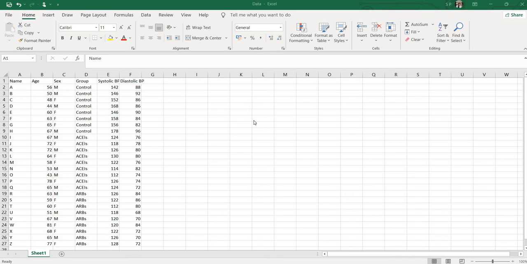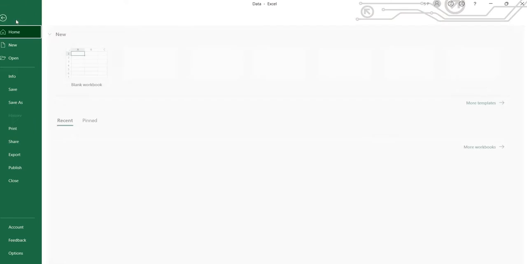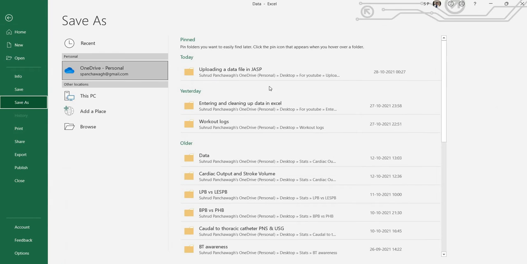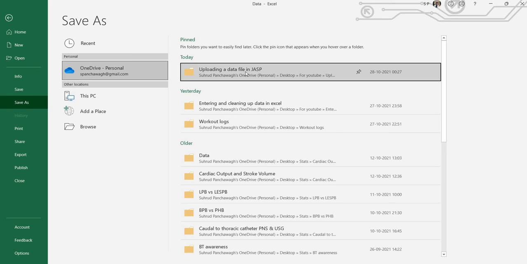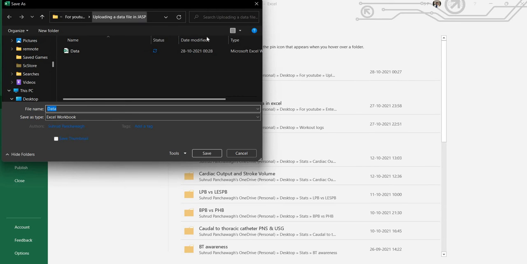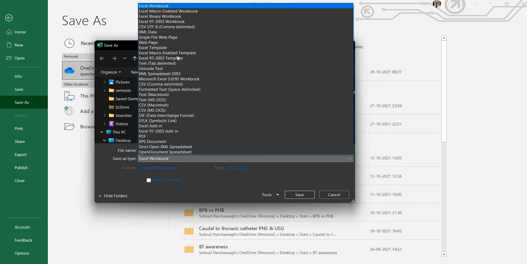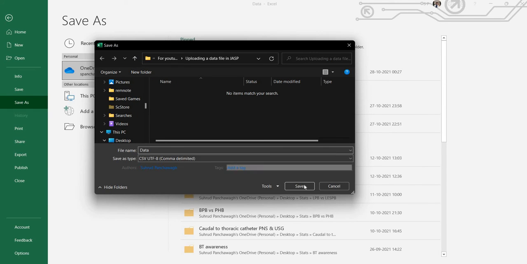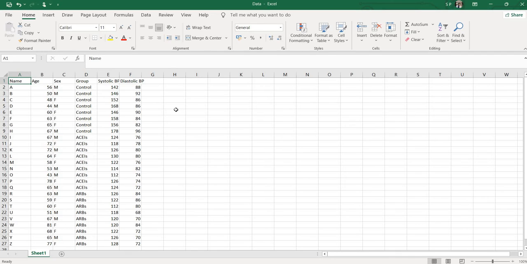JASP compatible file extensions include .jasp, .csv, SPSS files and many more. Excel sheets can be saved as comma separated value or .csv files like so. Save as, and once we come here, save as type, we can save this as a CSV UTF-8 or .csv file. And once we have saved that,